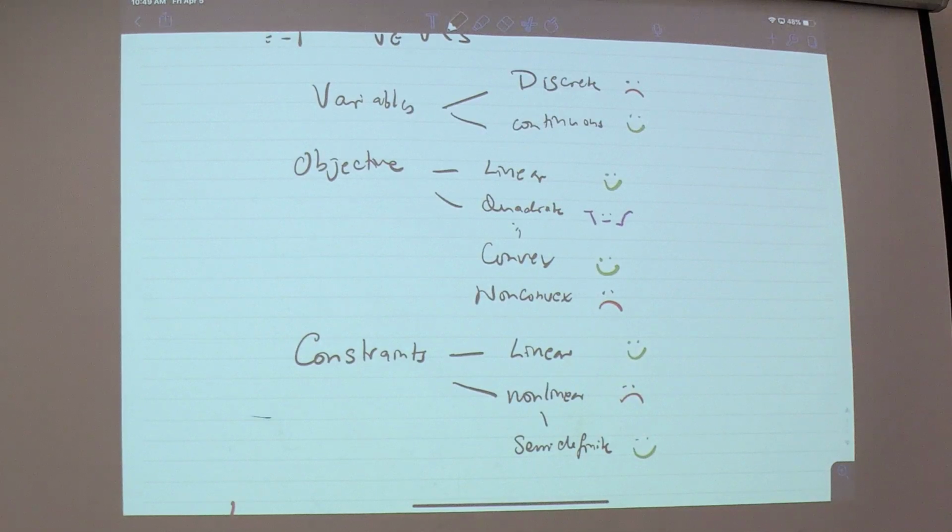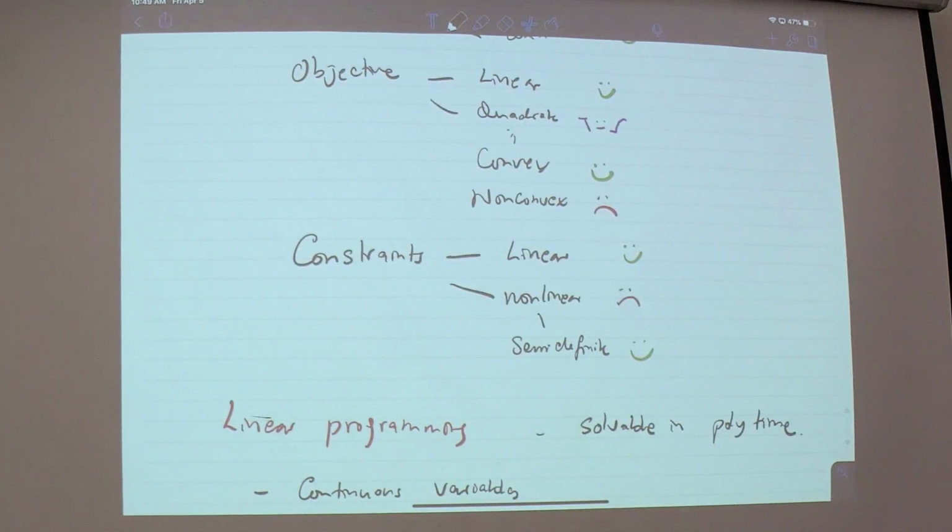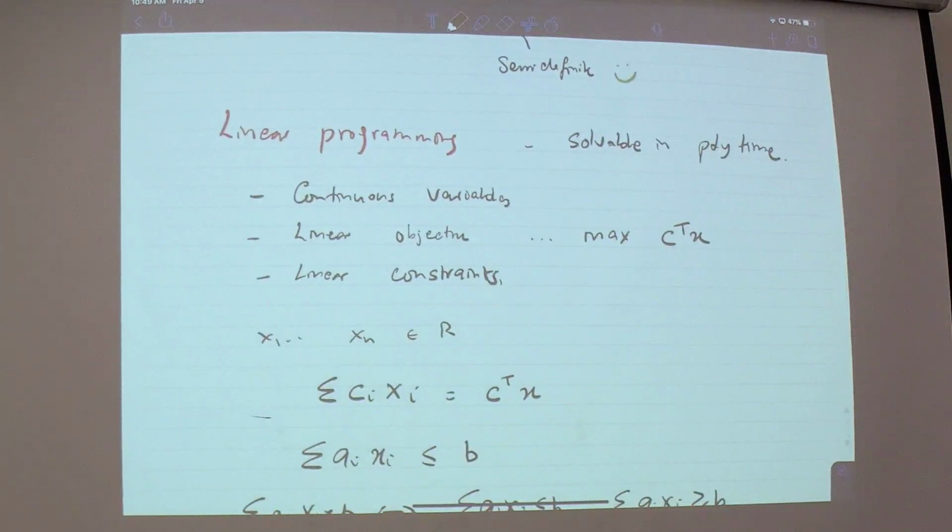Right? So there's always this tension between finding the level of abstraction for your problem that's just right, where you can solve it, but you're not doing it. And so one abstraction that seems to be a stable point here that's very powerful is linear programming, where you have continuous variables, linear objectives, and linear constraints.